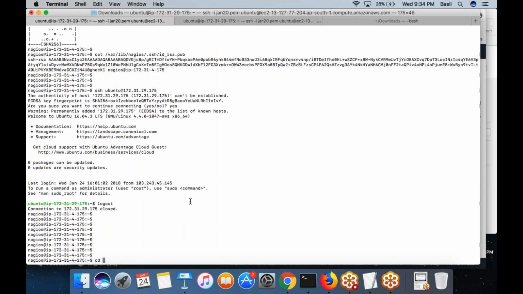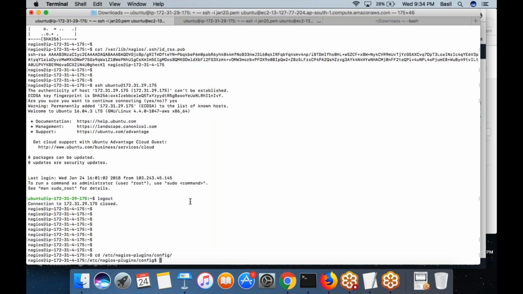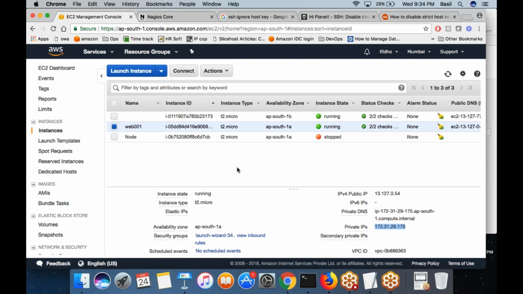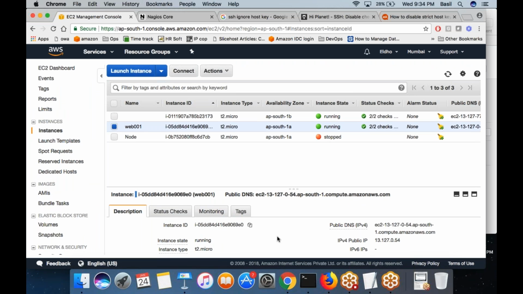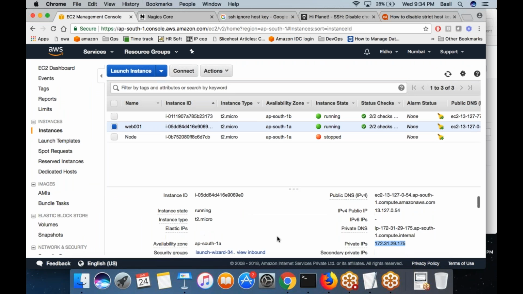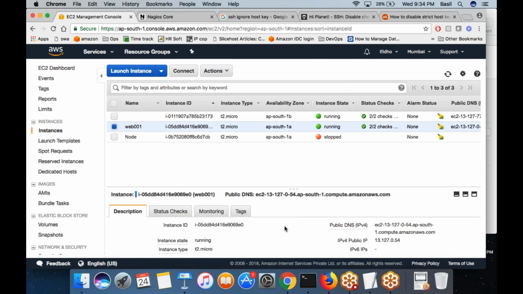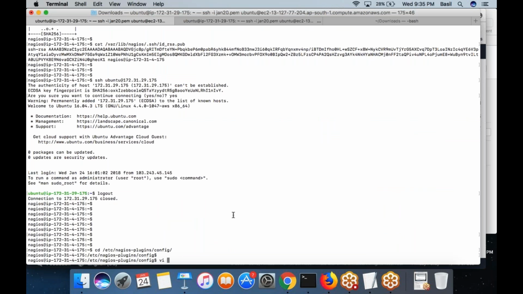So first, let me define the command. In the etc Nagios plugins config folder, I'm going to define a new command here. What's the command? You can edit any file.